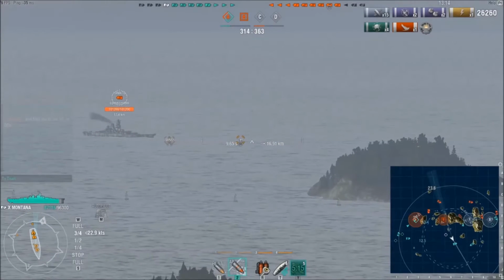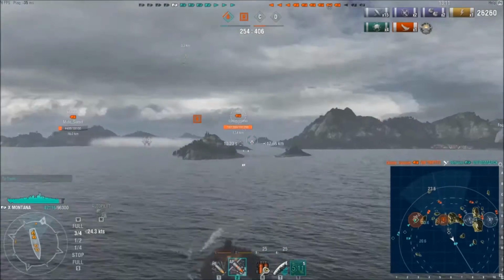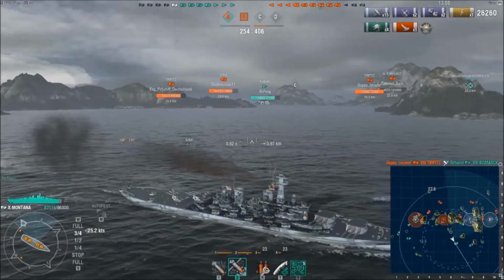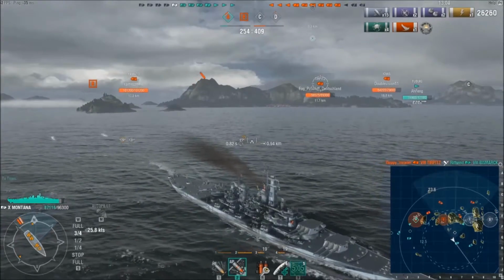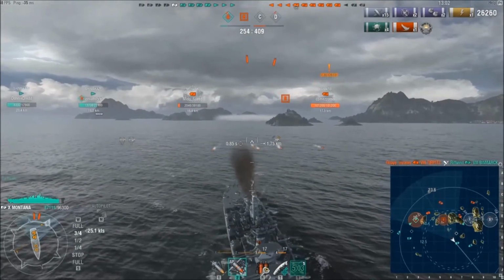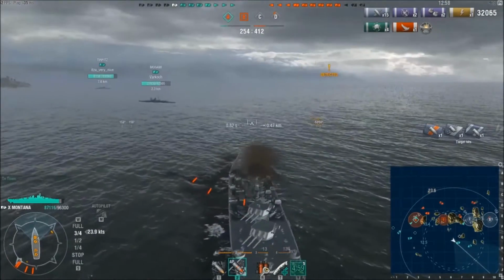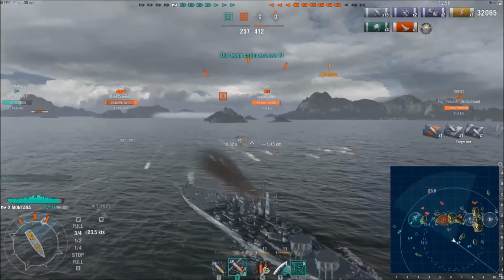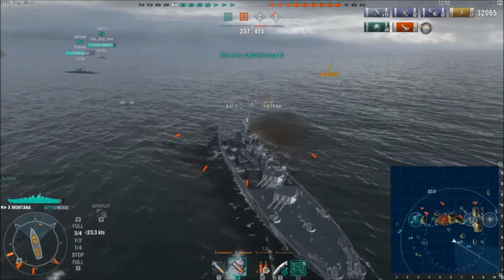But at this point, I see the enemy Yamato. Don't want to show this guy too much side, but I am not spotted, so what I'm going to do is try to swing to get these front guns into play, and crap. Right as I do that, here come torpedoes. I was hoping this guy misplayed it, but this guy played it very smartly, and I'm probably going to eat...